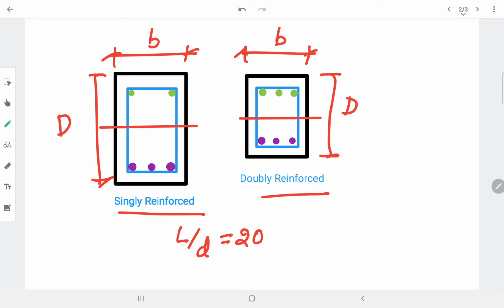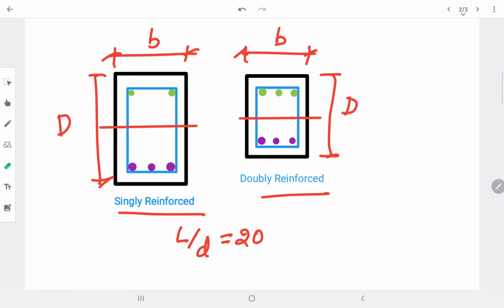Based on this, the depth will be quite high. For example, if a 10-meter beam is there, its depth may be quite high. So in some circumstances you need to avoid a large depth of beam. In that case, we will intentionally reduce the depth of the beam because of unavoidable circumstances. I will give some examples,